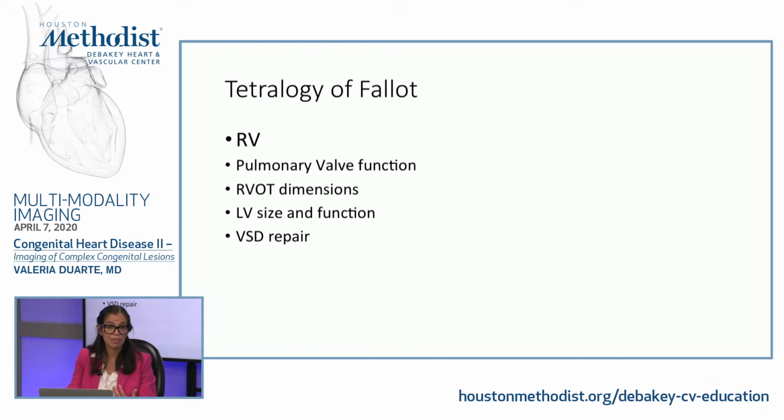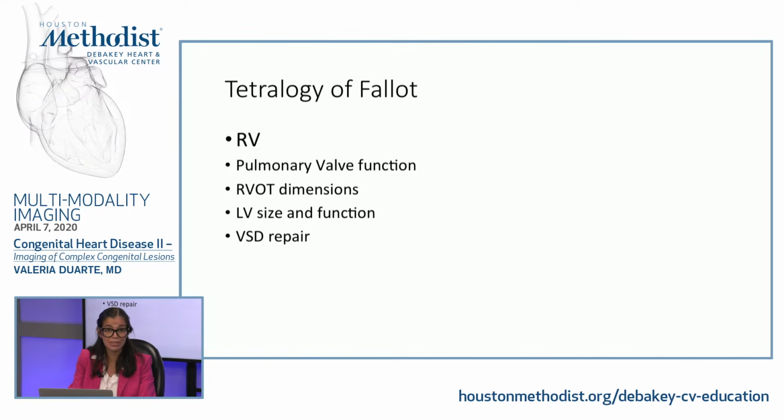This will cause RV volume overload and dilation and dysfunction, and then in the long run, it will also cause LV dysfunction because of the electromechanical interaction between the LV and the RV. So RV, pulmonary valve function, LV size and function,